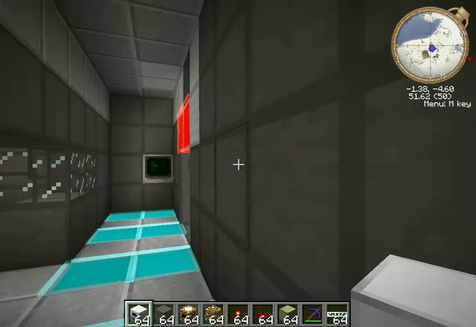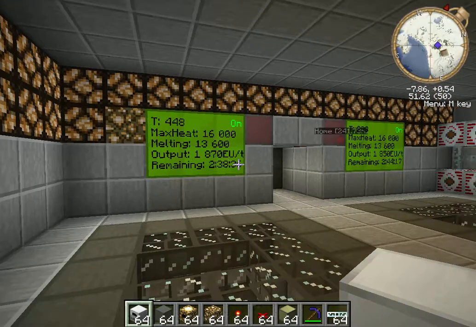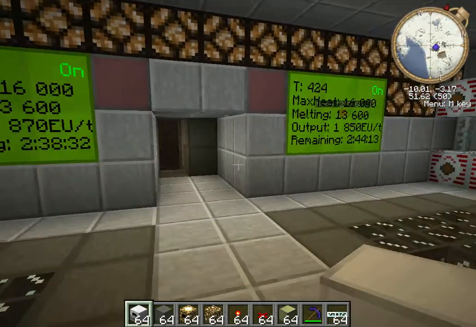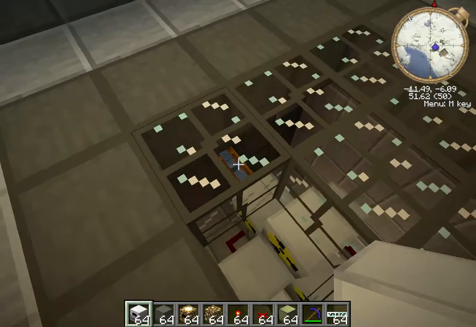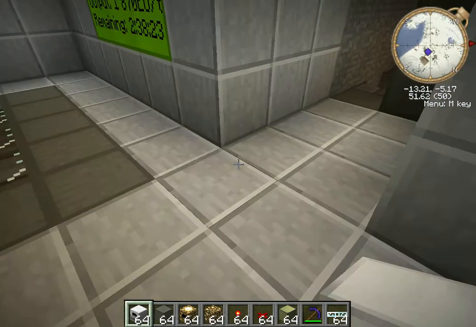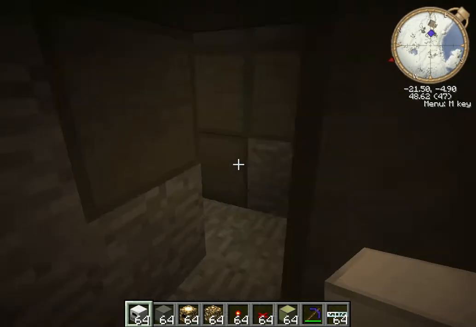See, I've got my screens, they say on. Okay, now I'm putting out a bit less at the moment, 1800 or just under 1900, just because I've moved the configuration around, which obviously affects it, and you can see how much ice it does take. We'll go down in here. I will show you the ice setup,